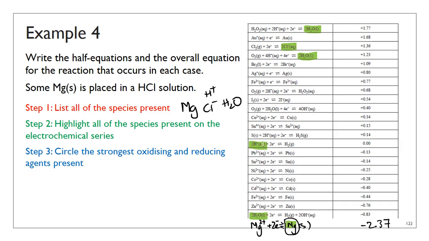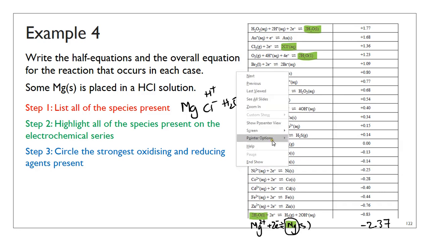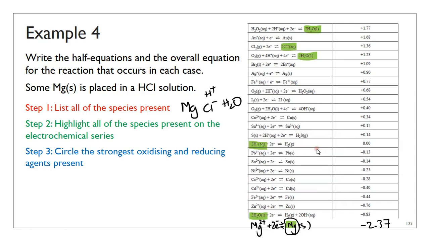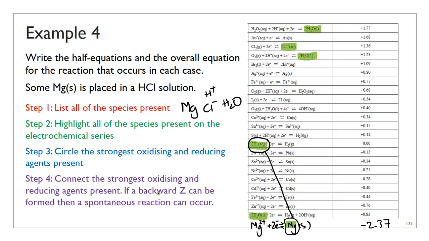So this is why you have to read the question and take your time and not get distracted by things. All right, so the hydrogen ion is now going to be the strongest oxidizing agent present, and it's going to react with magnesium. And you can see quite a big gap, which generally is an indication that a lot of heat can be formed from the reaction. So you have a spontaneous reaction, and this is where the backward Z can come in